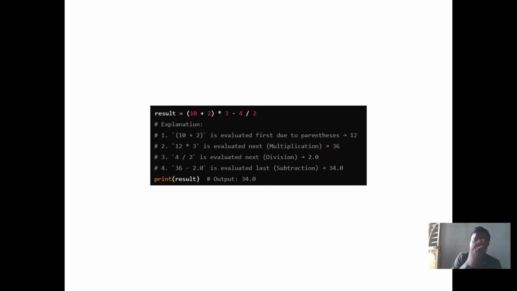Now similarly, if you see this expression, we are having the grouping operation. First, the grouping will be executed. So the 10 plus 2 will give what? 12. Then after, the star and division. So when both are present, we will go for what? Left to right. Then 12 into 3 will be executed. Then 4 by 2 will be executed. Then at the last minus will